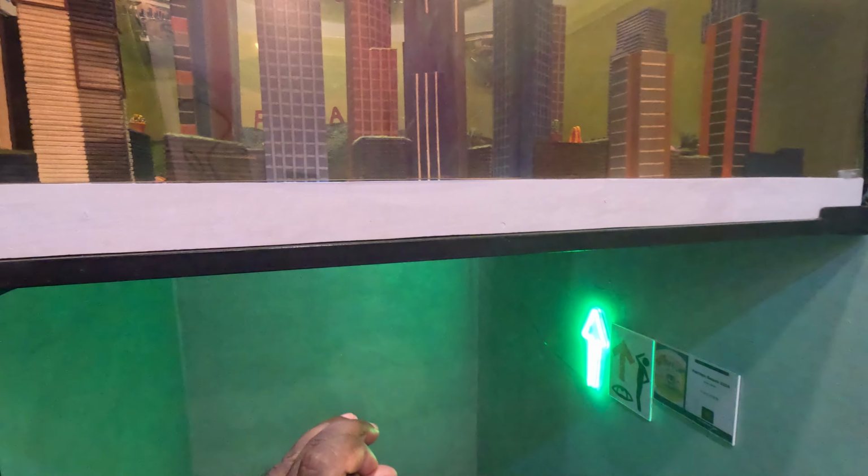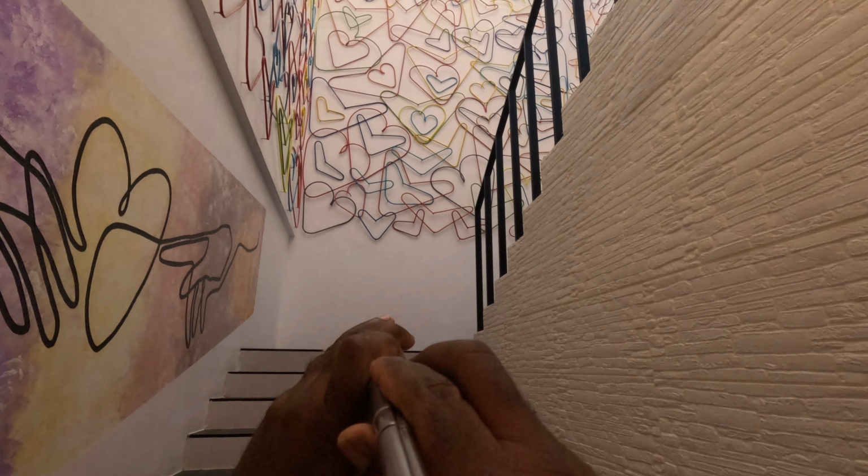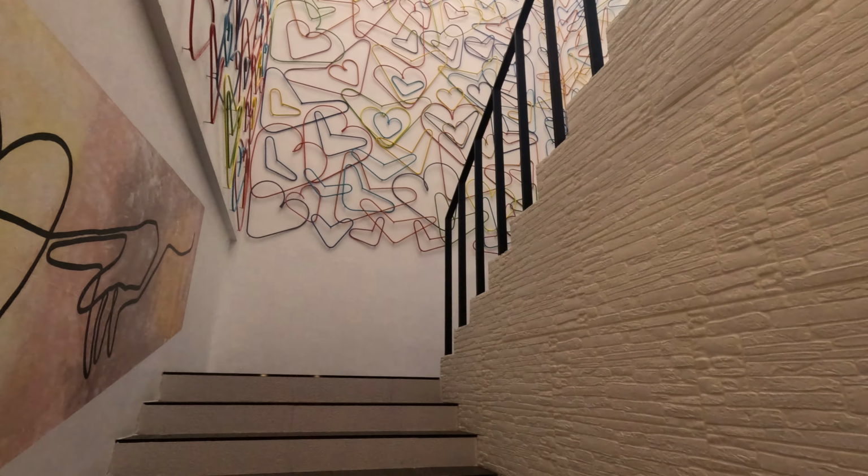So they're working on some things here, but okay. I guess this is the way upstairs. The arrow was pointing upstairs. But as you can see, as we enter this section,